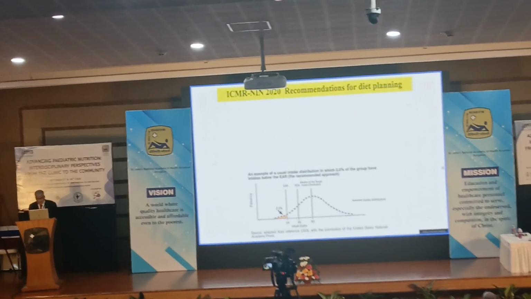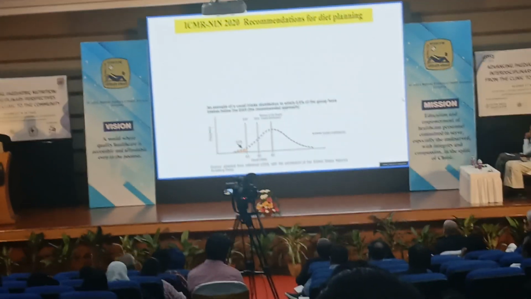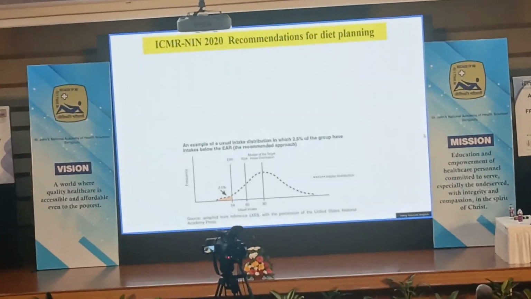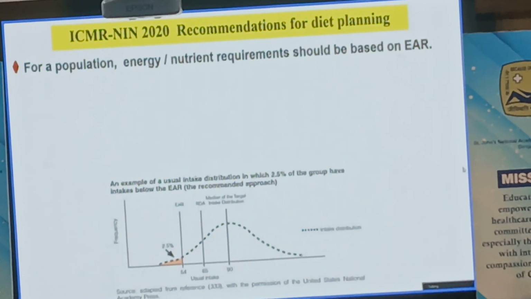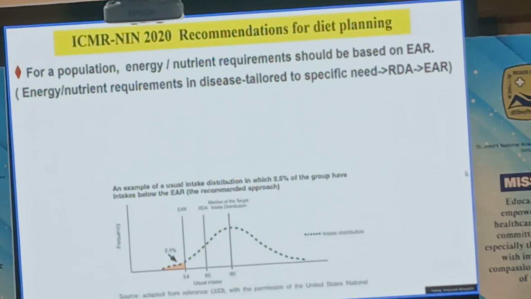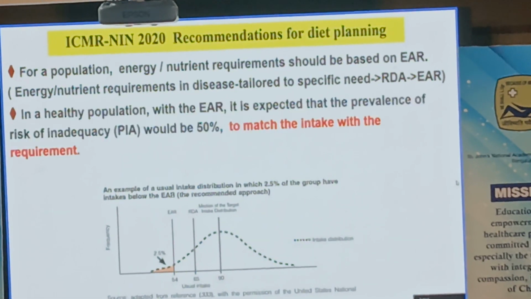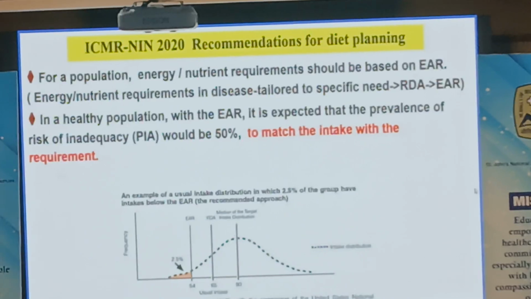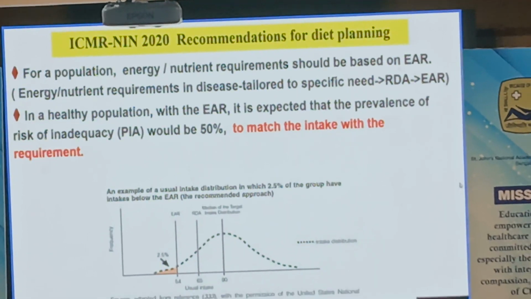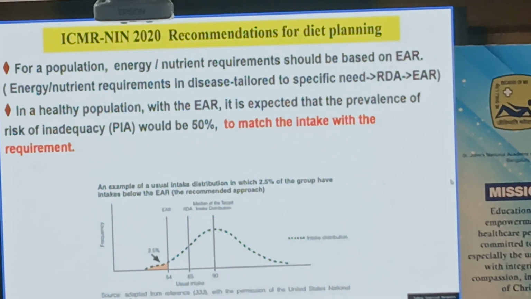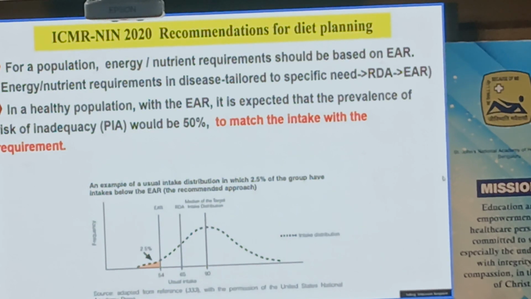So this is just an example of the usual intake distribution in which 2.5% of the group have intakes below the ER. So for a population, the energy and nutrient requirements should be based on ER, but in a disease-specific situation, the energy and nutrient requirements should be tailored to that specific condition, and when that child ultimately starts recovering from the illness,